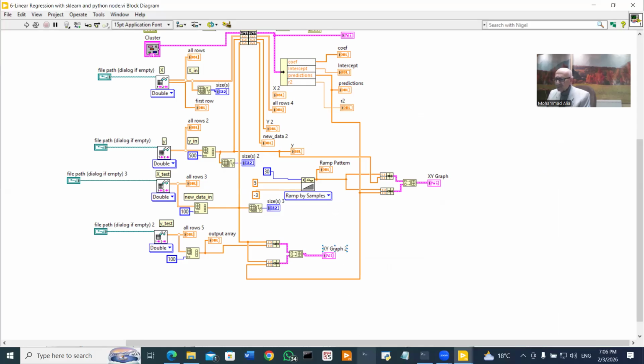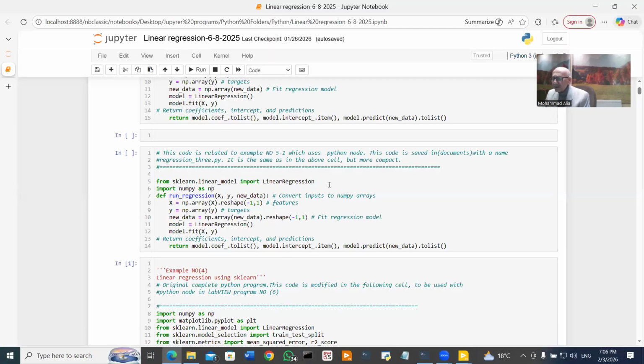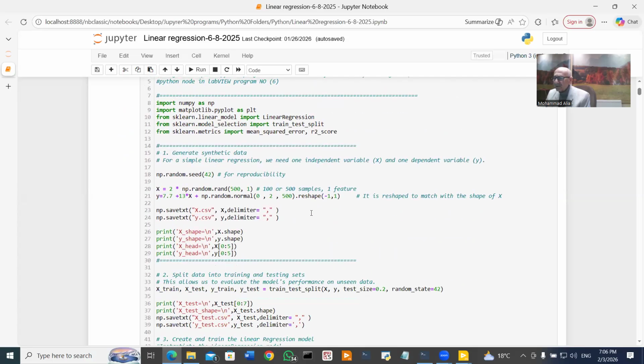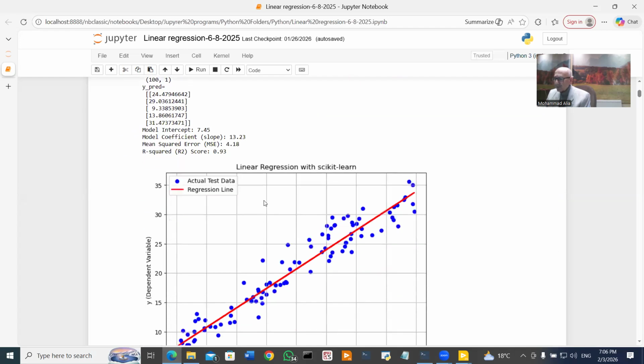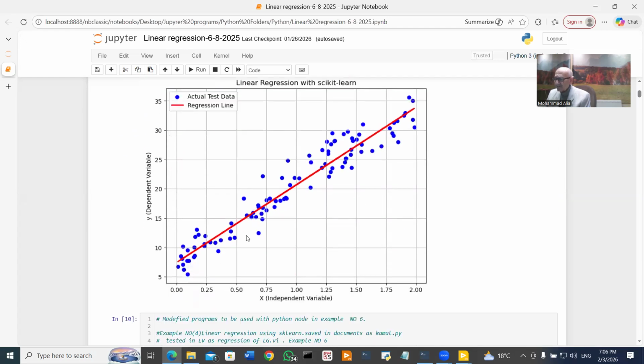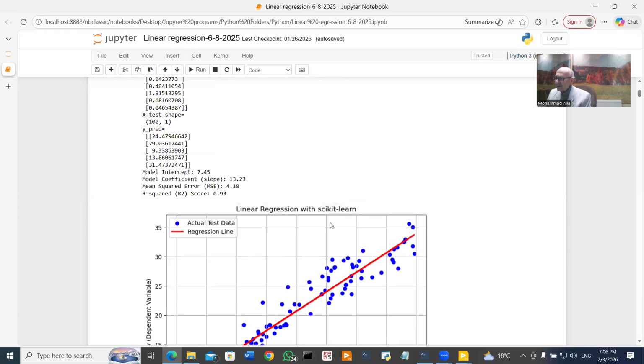Let me go and show you, give you an idea about the original program which is in Python. This is the program. At the end, I shall have the distribution or the scatter plot of the data set, and this is the linear fit done by linear regression